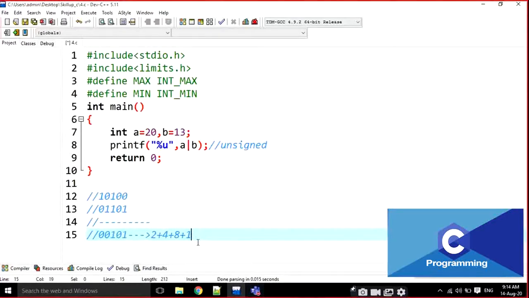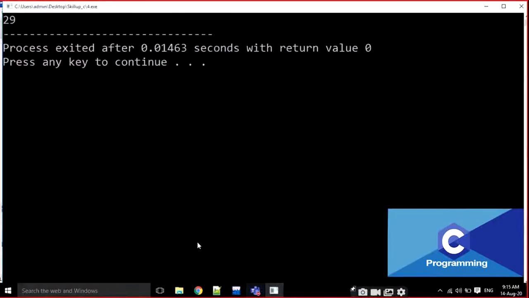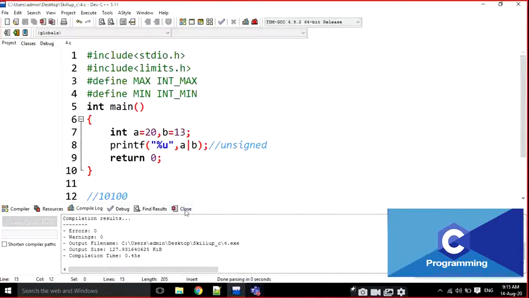Now the output is, no, this is logical OR operation, right? OR operation, sorry. 1 0 1, 0 1 1, 1 1 1, 0 and 1. Now the output is 29. Okay, this is the logical OR operation.